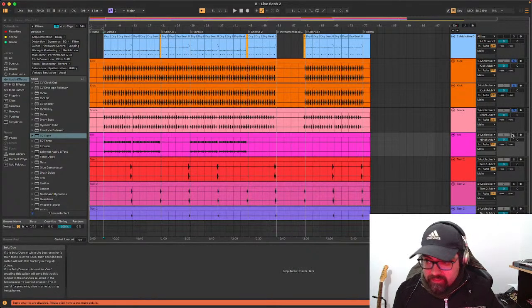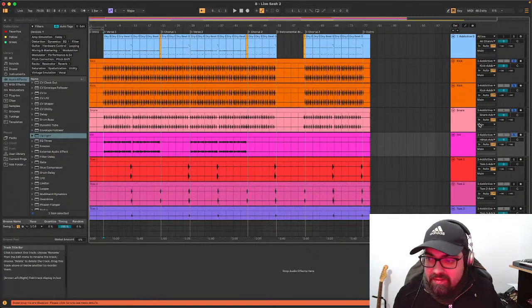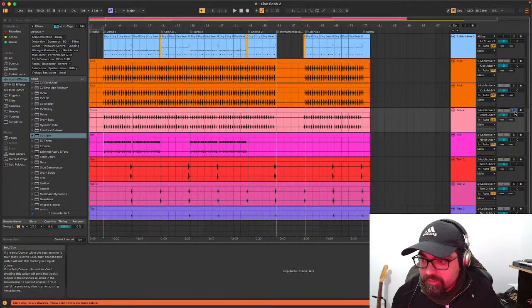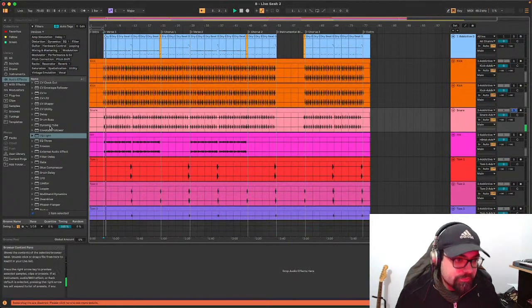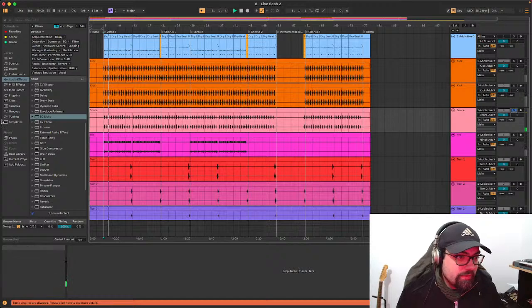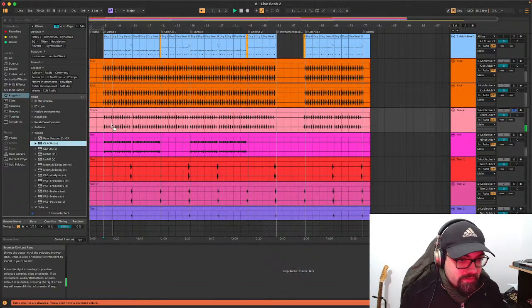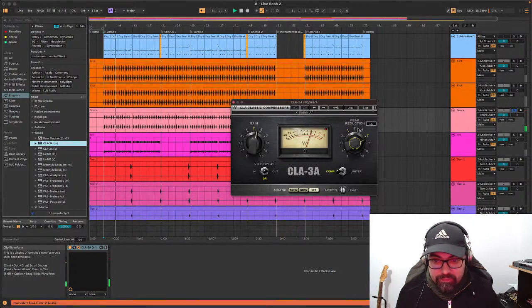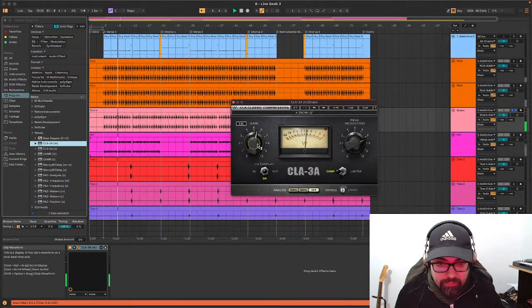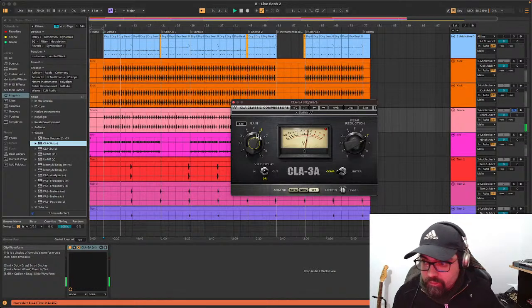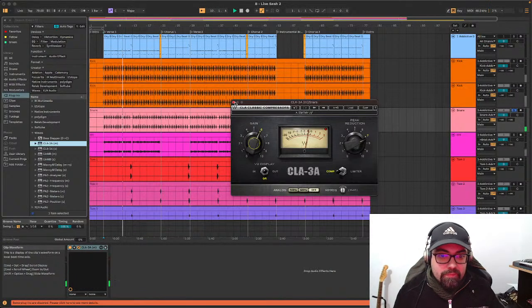Let's push the hi-hats, but snare. Oh, how is it sounding, the snare, by the way? I like a super heavily compressed snare. So let's once again get the CLA. Something like